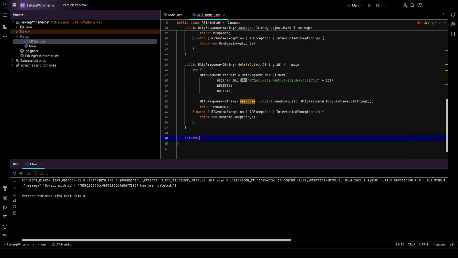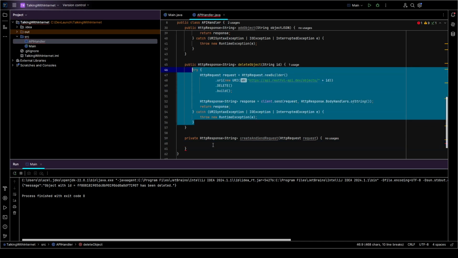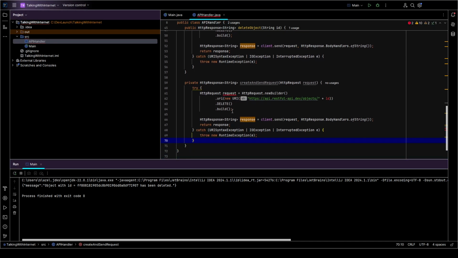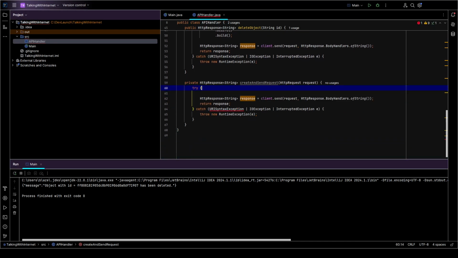And then what it would do is it would return HTTP response, create and send request, and it's going to be taking HTTP request as an argument, and essentially what it would do is do something along those lines,